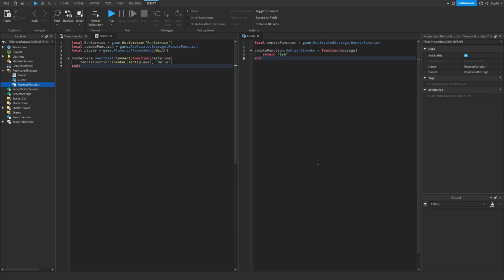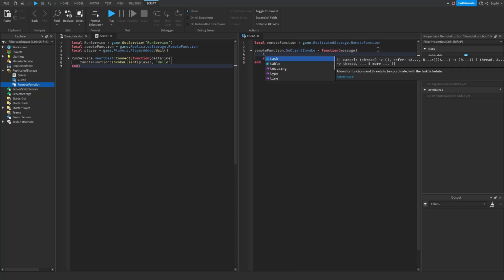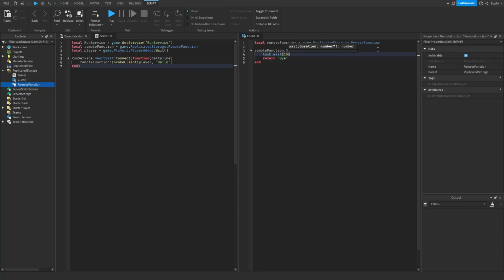But as we know, exploiters have the ability to change their local scripts. So what would happen if an exploiter decided to set the OnClientInvoke function to nil? Or if the exploiter decides to add a task.wait and wait for a very long time within this function? Well, this will cause the invoke client method on the server side to yield forever. And this is bad because now we're going to get a memory leak because this thread is going to be